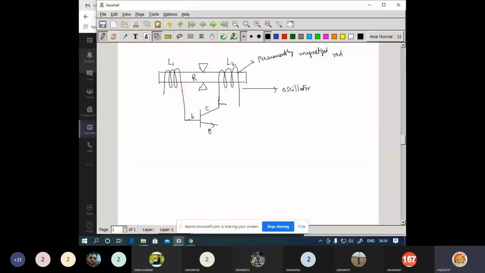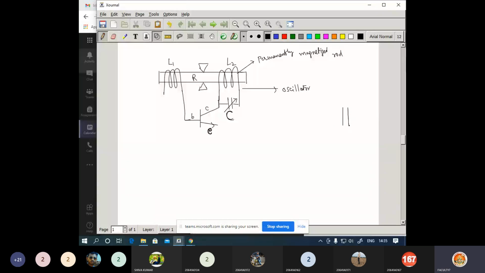Now between these two ends, you are going to connect a capacitor. This is a capacitor here. Consider this as a capacitor, capital C here. So this is the collector here, EBC. Now here you need to identify, I will draw an arrow mark like this. Now identify what is the meaning of that.